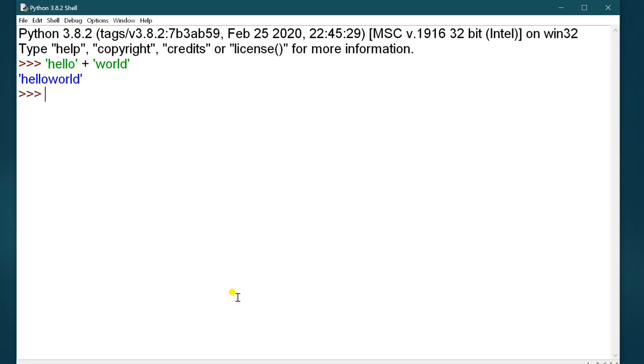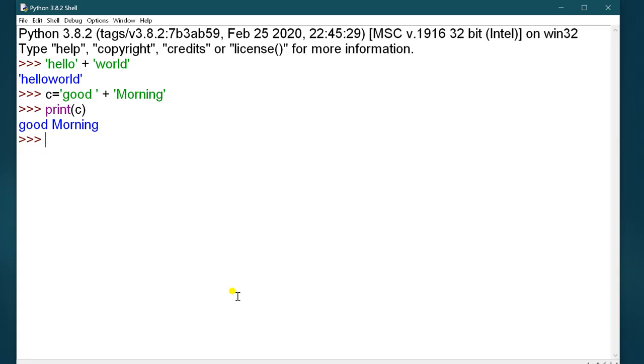Again, I will write c is equal to "good", you have to insert a space here, then plus "morning", then print the value of c. It will give you the message good morning.